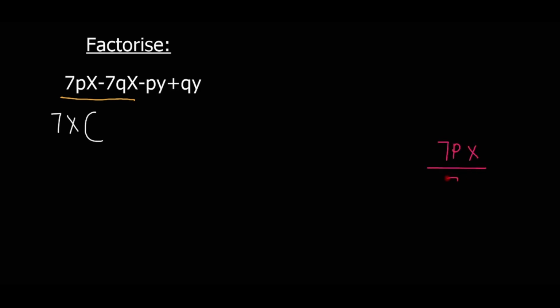7px divided by 7x. 7 and 7 cancel, x and x cancel. This means ro shala ka p, and then ra tšea this term minus 7qx divide by 7x, and then 7 and 7 cancel, ro shala ka negative, then x and x cancel, ro shala ka q. This means ro ba le negative q,